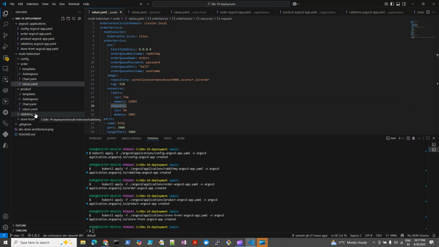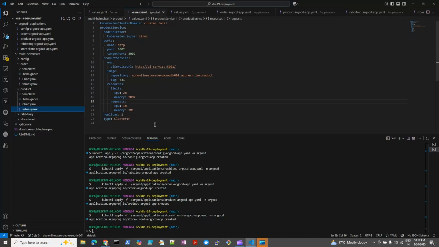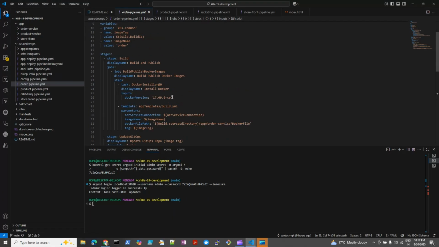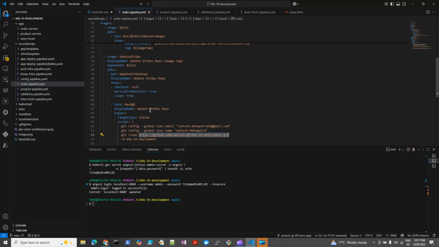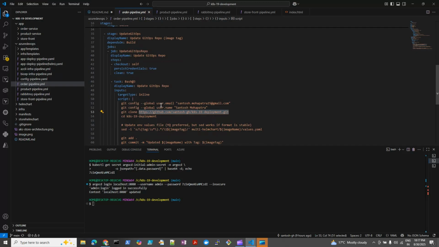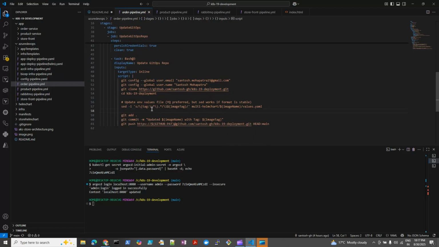I am using this manifest file, and it has a values file. And here if you see product, for example, I'm using some tag, but this is not available now in our ACR, right? So what it will do here in the pipeline, after creating the Docker image and pushing it into the Azure Container Registry, it will update. I mean, it will do a commit and push to the deployment repository with the latest image ID. You see, this is the image ID, and it will update that values.yaml file in the deployment repository. Okay,